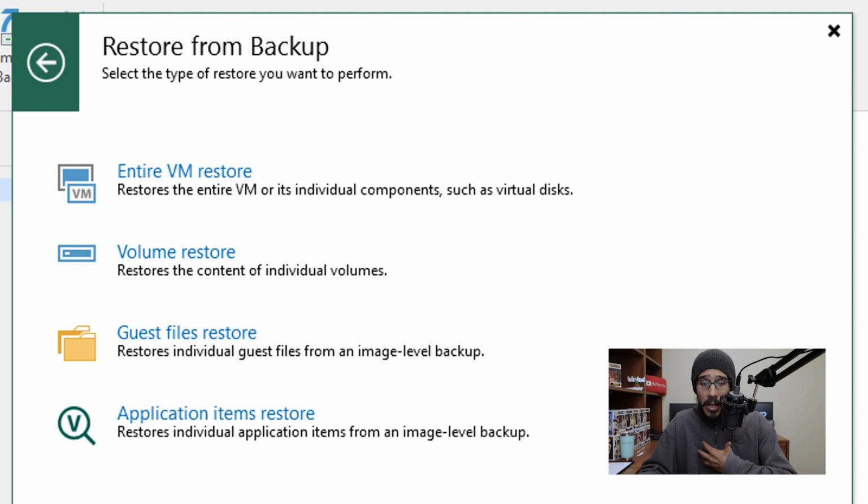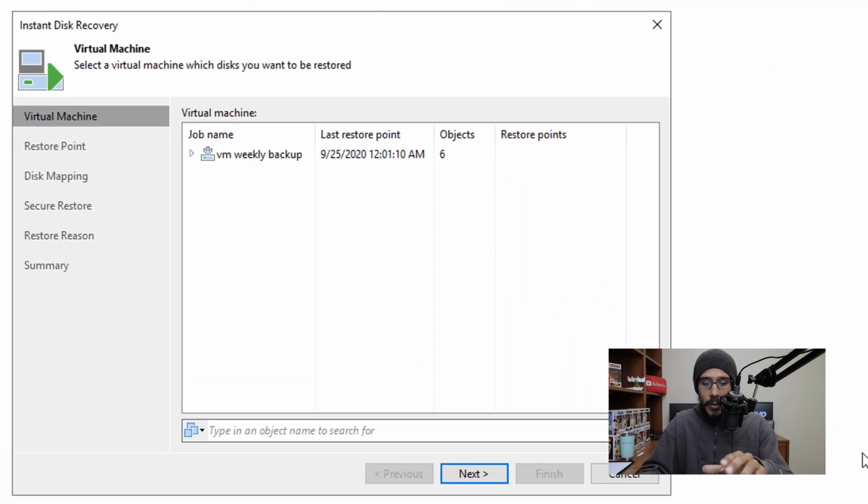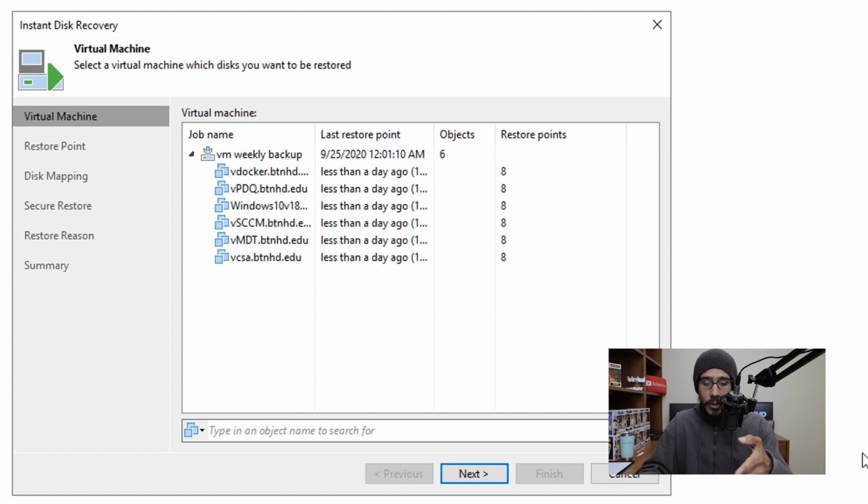Now, for this video, I am going to actually do a volume restore, and I'm going to pick instant disk recovery. From here, we are going to expand your job. My job is called VM Weekly Backup, and you're going to see all your virtual machines. So I'm going to select the virtual machine that I want to do an instant backup, right? So for this example, it is going to be my SCCM, and I'm going to click on Next, and then